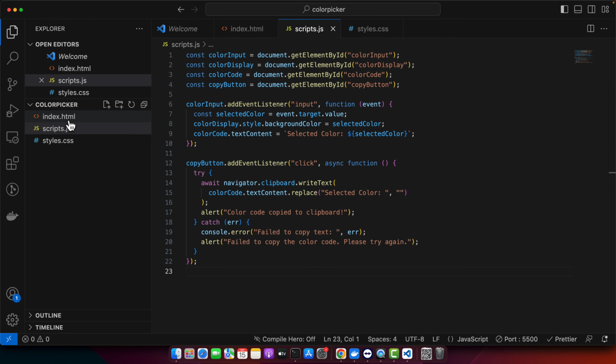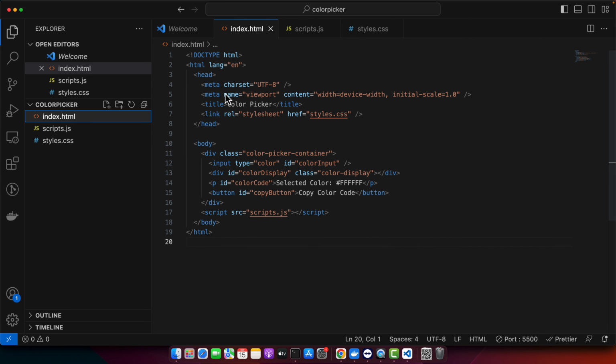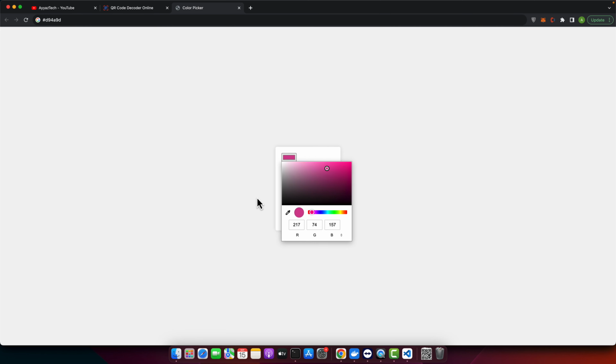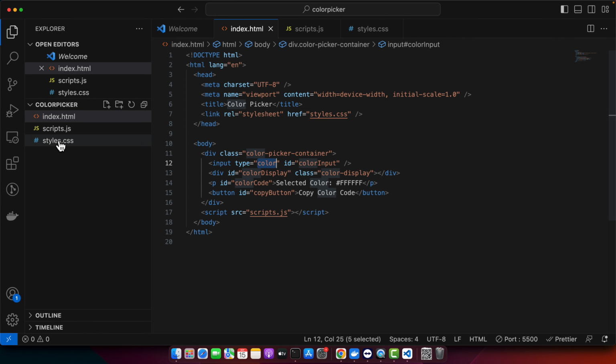Now we can very quickly go through our code, what it has generated for us. So this is HTML. Here you can see that we have the main container, we have the input with the type color. So all of this that you can see, this is not created by our JavaScript. This is actually